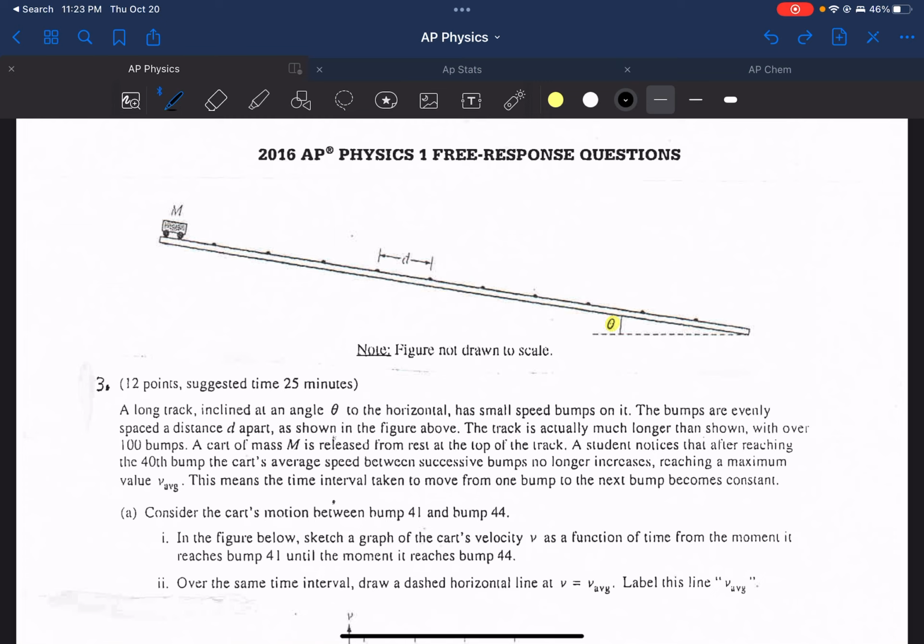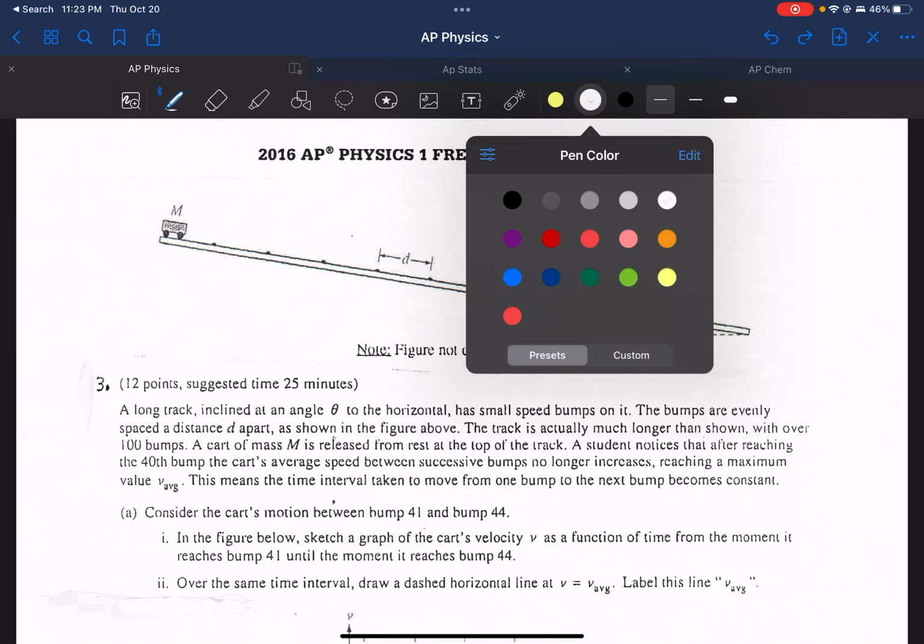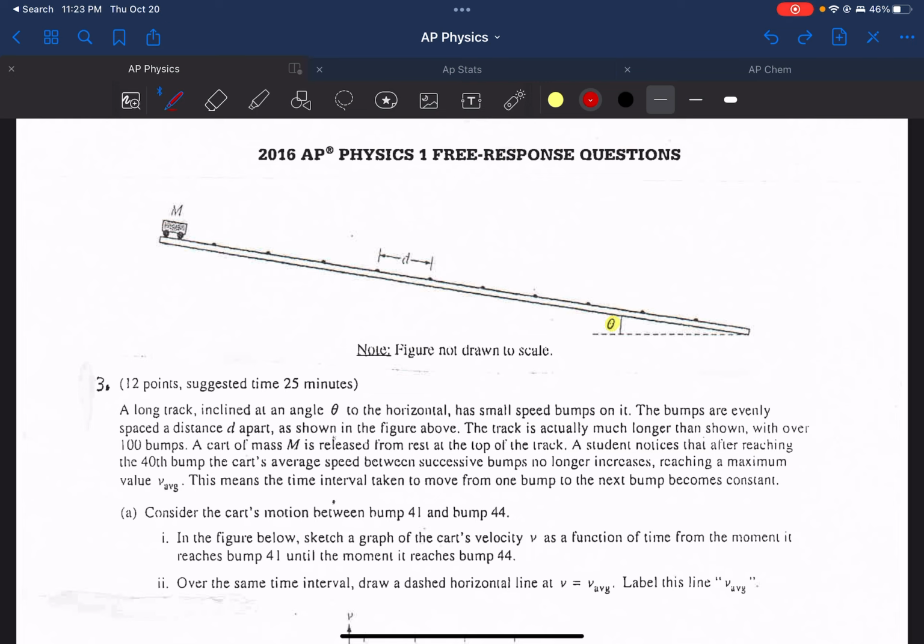So we have 2, 4, 6, 8, 10 bumps. There's 10 times longer, at least. A cart of mass m is released from rest, which, first of all, this means that Vi is equal to 0. A student notices that after reaching the 40th bump,